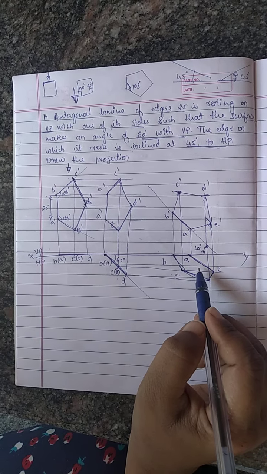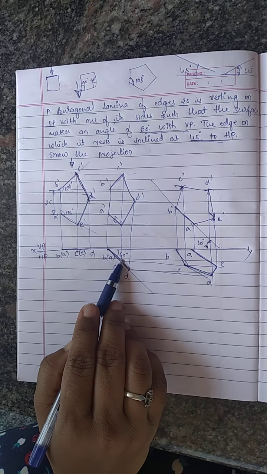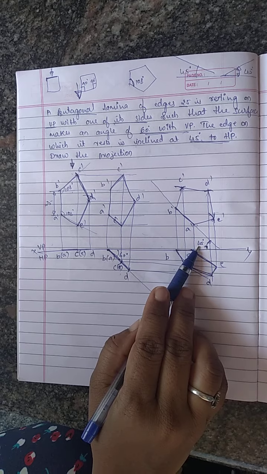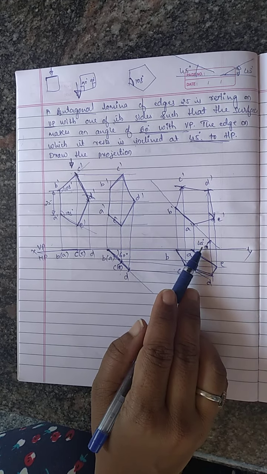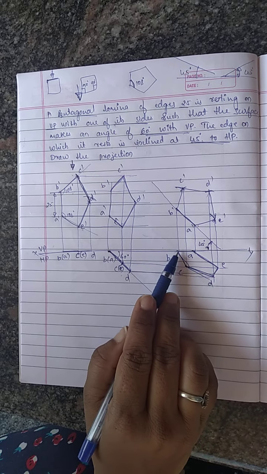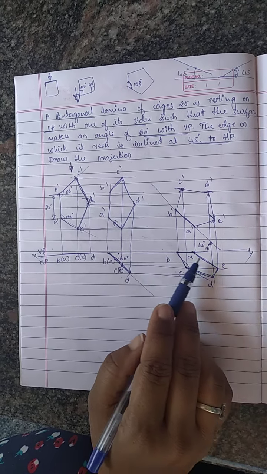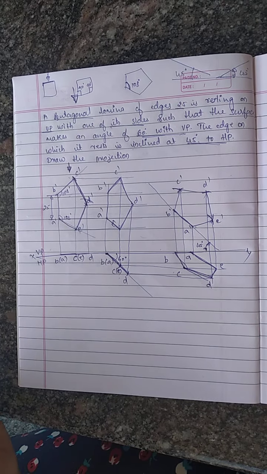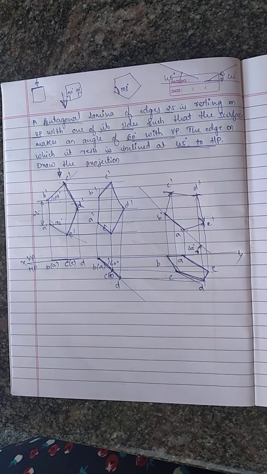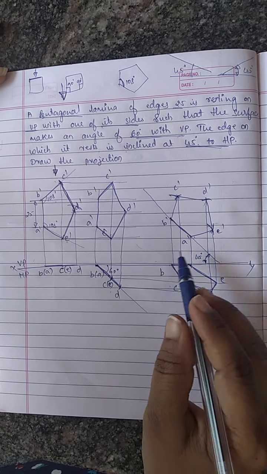Check it. So this is not exactly over here because the lamina, it is inclined to VP at 60 degree and inclined to HP at 45 degree. So after tilting by 45 degree and 60 degree, here it looks like the size has been reduced or enlarged over here. This will be the final view. So this is the final drawing.